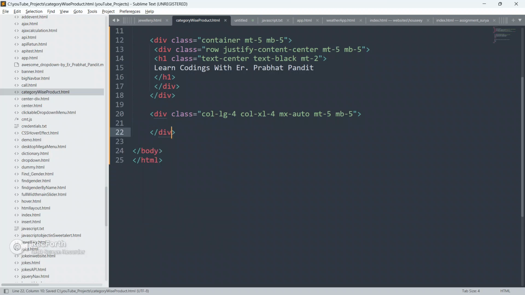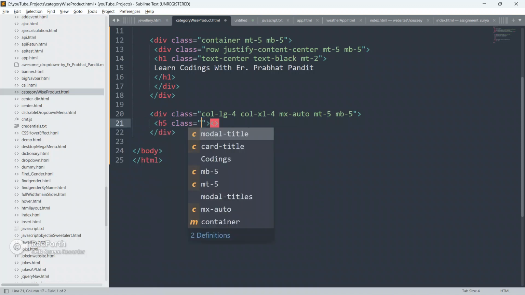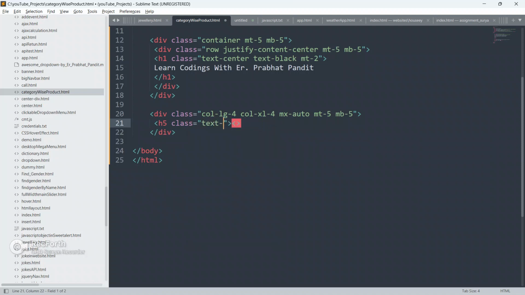Close this div now, and inside this div, guys, we are going to create an h5. Give it a class as text left. Close this h5 and give text inside this: please choose the category.